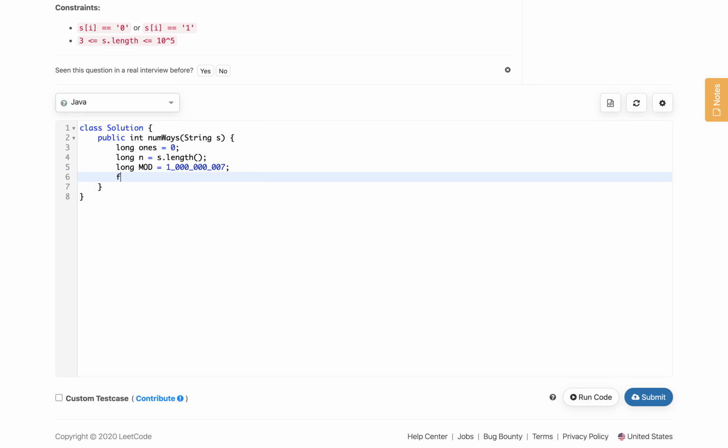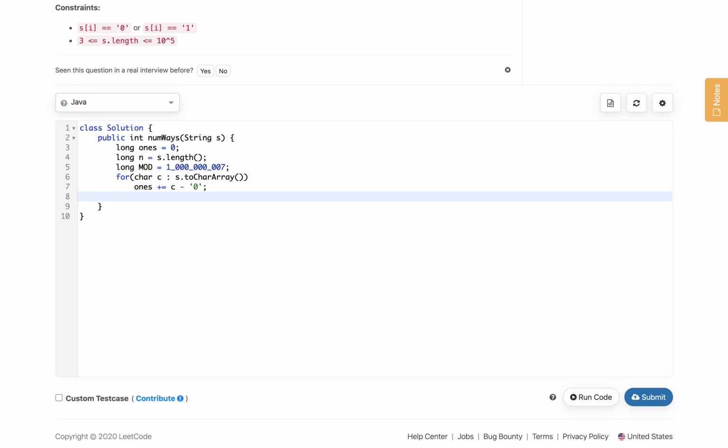Now, we will iterate through each character c in s.toCharArray. We have only the characters zeros and ones, so we will count the ones by subtracting the character '0' from c. If it is 0, this just adds 0, so that doesn't matter, and if the character is 1, then we will add 1 to our ones.